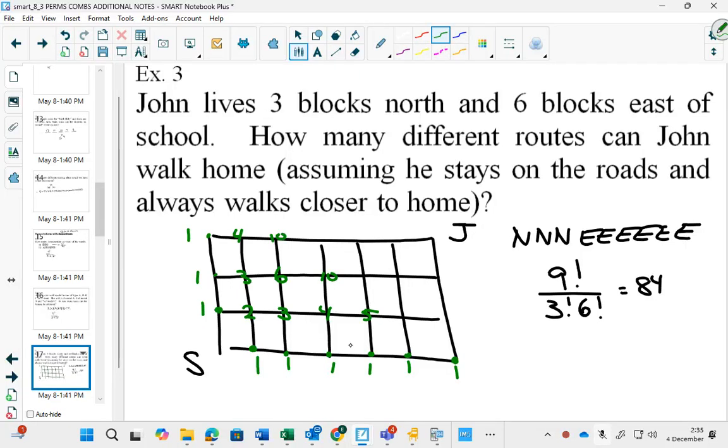10 and 10. 20, 15, 6, 7, and 21, and 35, 56, and 28, and sure enough, it works out to 84 that way as well. So we could count it out, and sometimes counting it out is important, especially if we add a restriction. Like, for example,